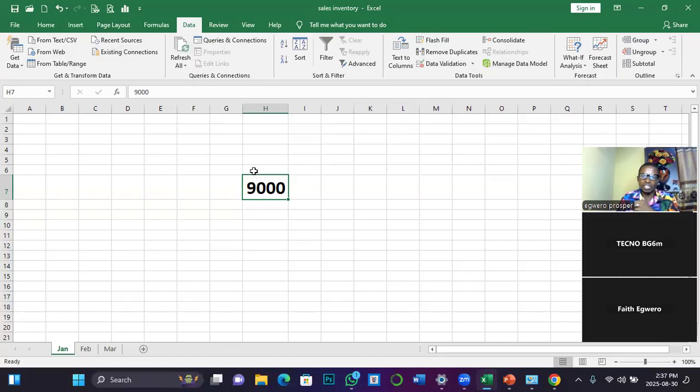Now, let's quickly dive into the next section. The next section is this place, which is very key to every user of Excel that wants to understand how Excel computes formulas. Let me just explain it first. The whole of this section is referred to as the formula bar. The formula bar is programmed in a way that it has two sections. The very first section, which is this part, updates you on the current location of the active cell.